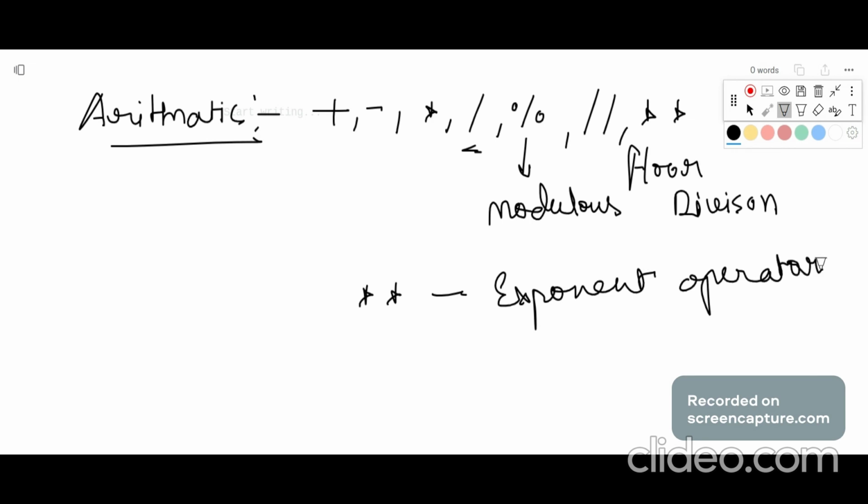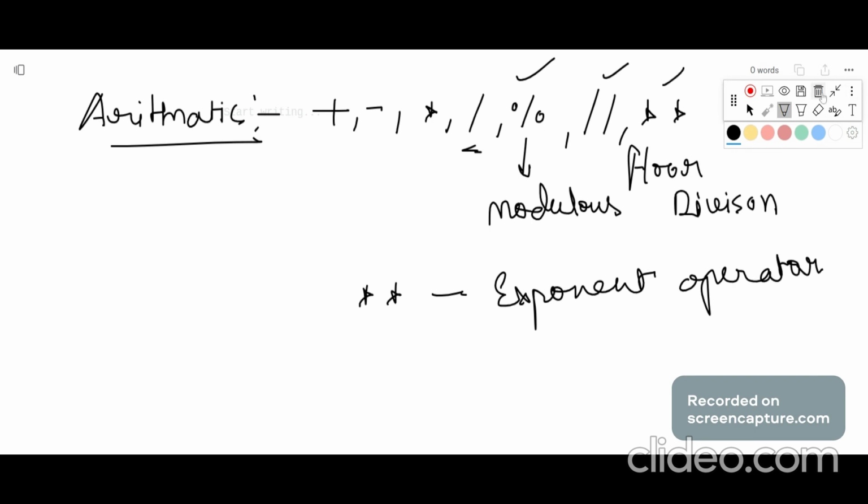We need to see plus, minus, multiply, and division, and till here I hope everyone knows because we already learned it in maths. The main things are the modulus, the floor division, and after that the exponent. One by one we will see.